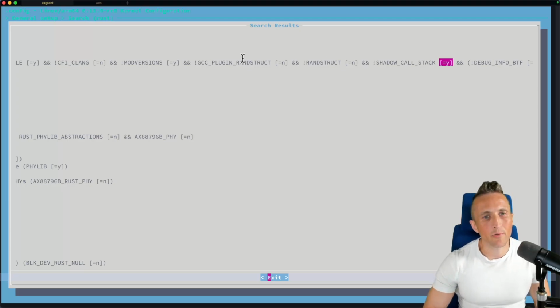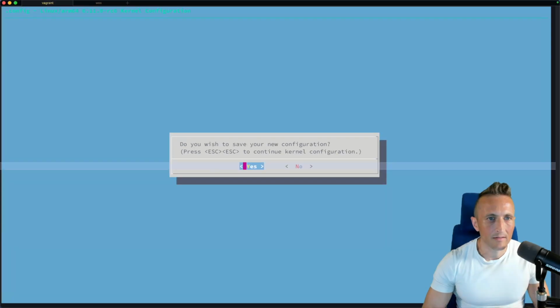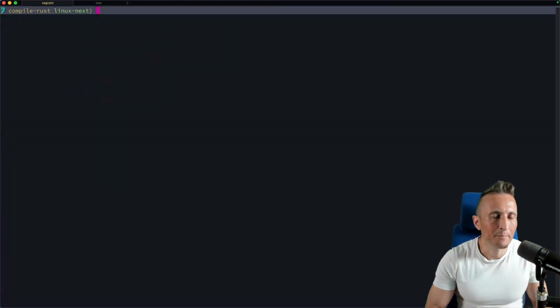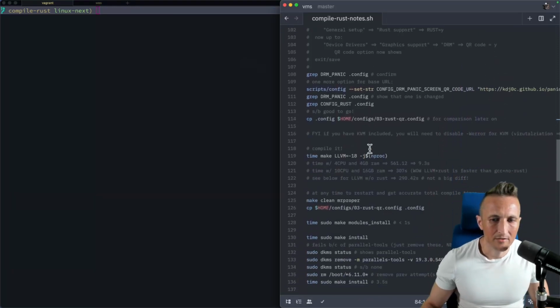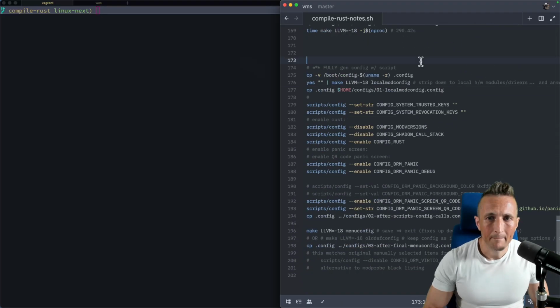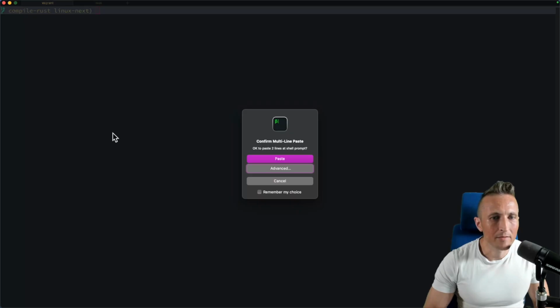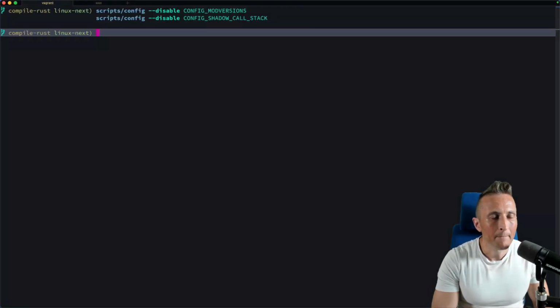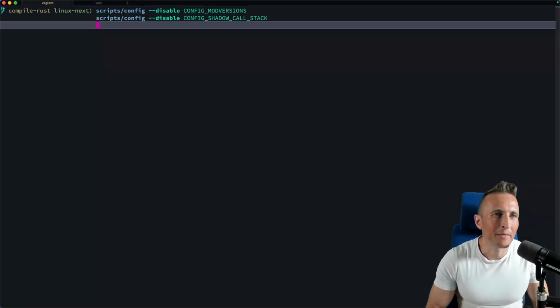Now, I could go about the process of finding those inside of this menuconfig, or I'm just going to exit out of this, escape a bunch of times, and not save the configuration, because I prefer to use a script like I did just a moment ago with those keys that I erased. And I've got this saved down here just so I can copy and paste and save some time. All right, so I need to disable MODVERSIONS and shadow call stack. When I do that and paste that in,